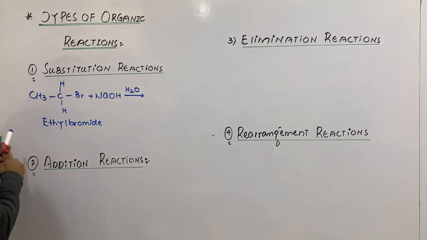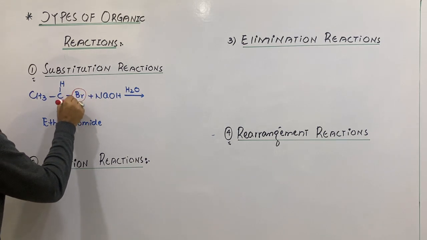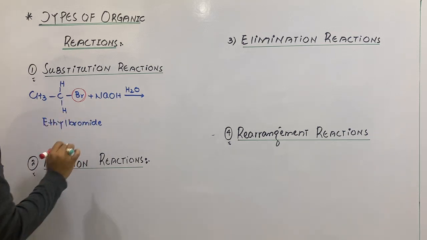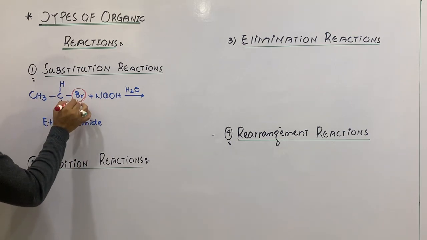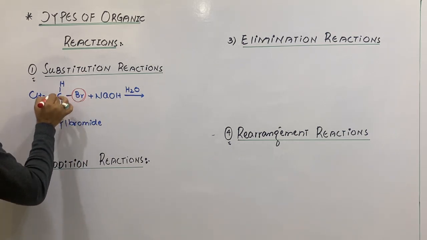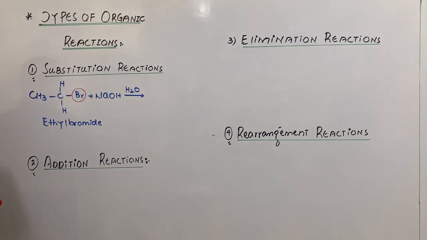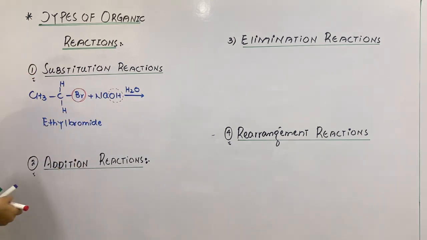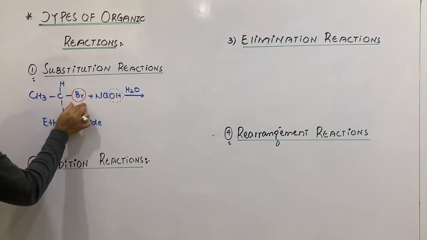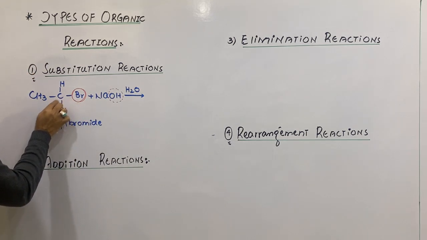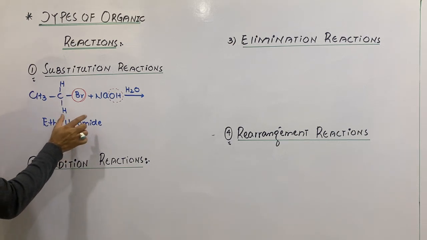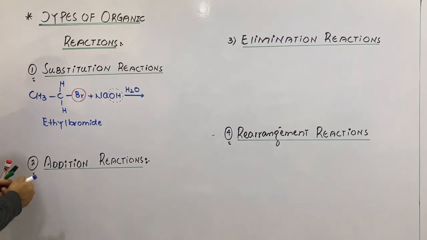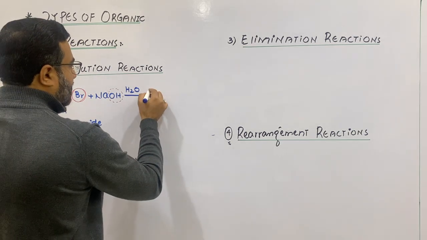This one is an atom which is directly attached to carbon of the substrate molecule. Here the substrate molecule is ethyl bromide, and this is the atom directly attached to the carbon atom of the substrate molecule. It will be replaced by this OH group. So this atom will be replaced by this group of atoms, and that reaction will be called a replacement or substitution reaction,